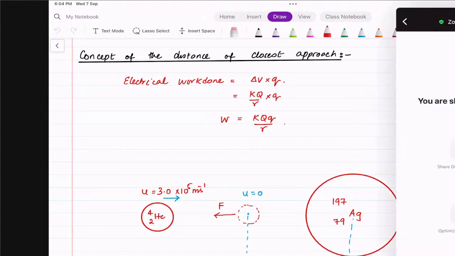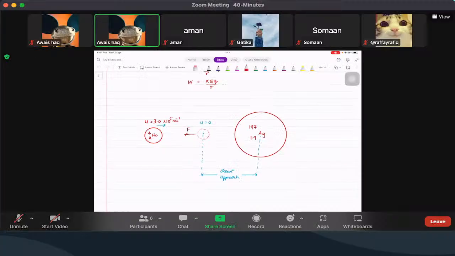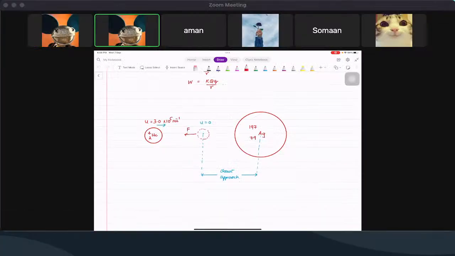Okay. So we did it till this point, which is the closest approach. I'm going to go forward from this. So when you basically look at it like this, what you need to understand is that here, when you want something to be like this,